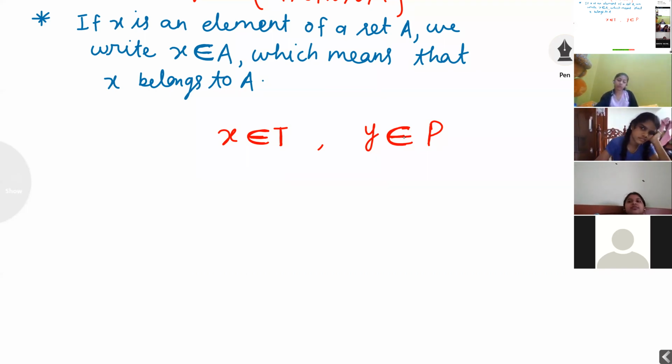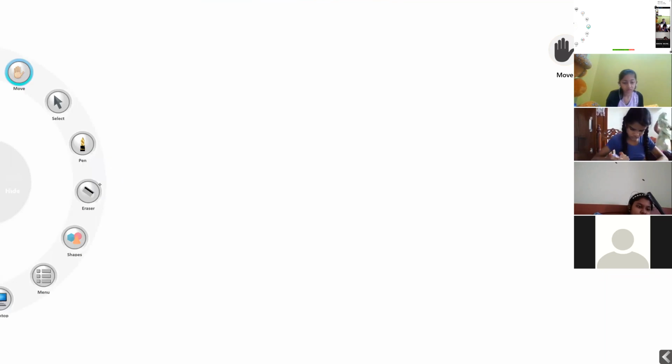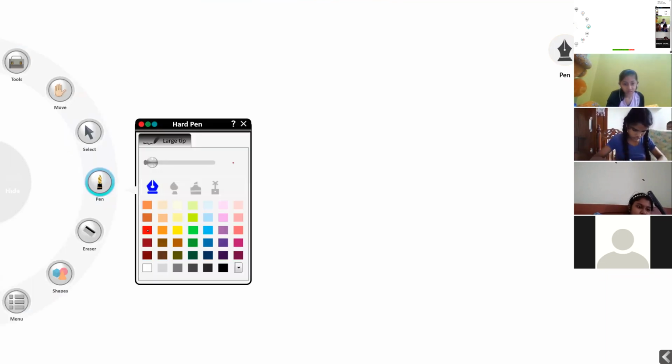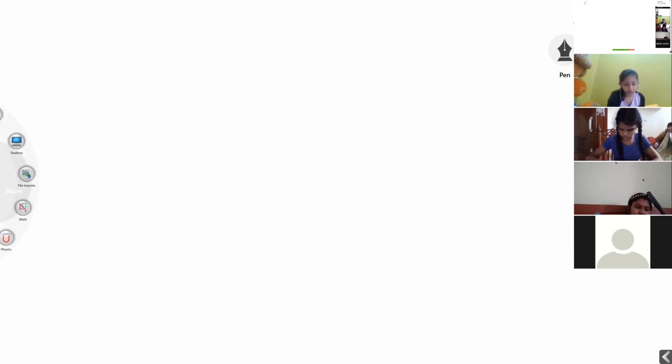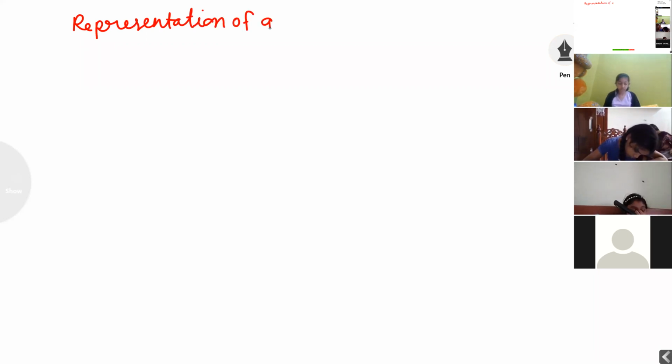Now keep heading, representation of a set.